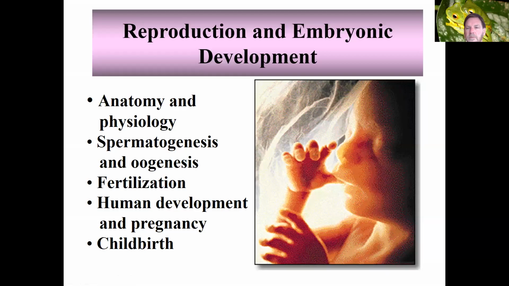The last system of vertebrates is the reproductive system. And we're going to focus on the human reproductive system today, but it's important to note that reproductive systems among vertebrates differ. There is internal fertilization in many vertebrates, including snakes and lizards and birds and mammals, but in fish and amphibians, reproduction is external,